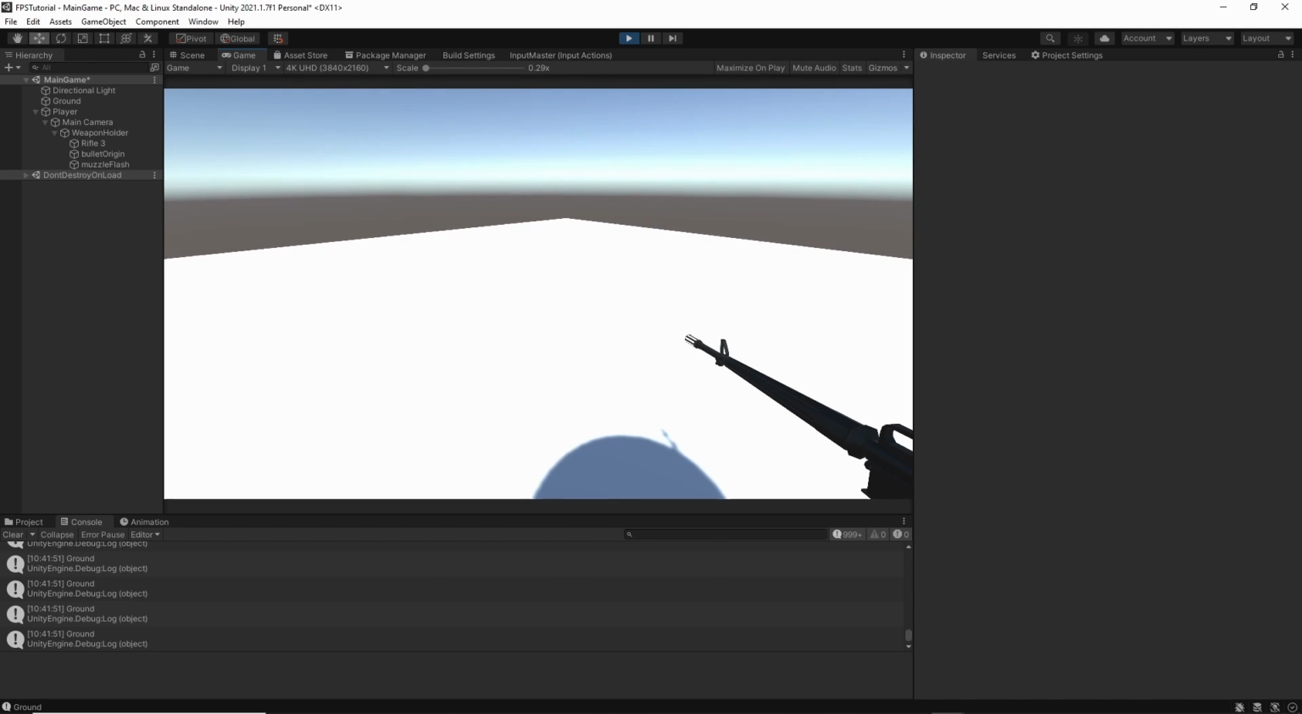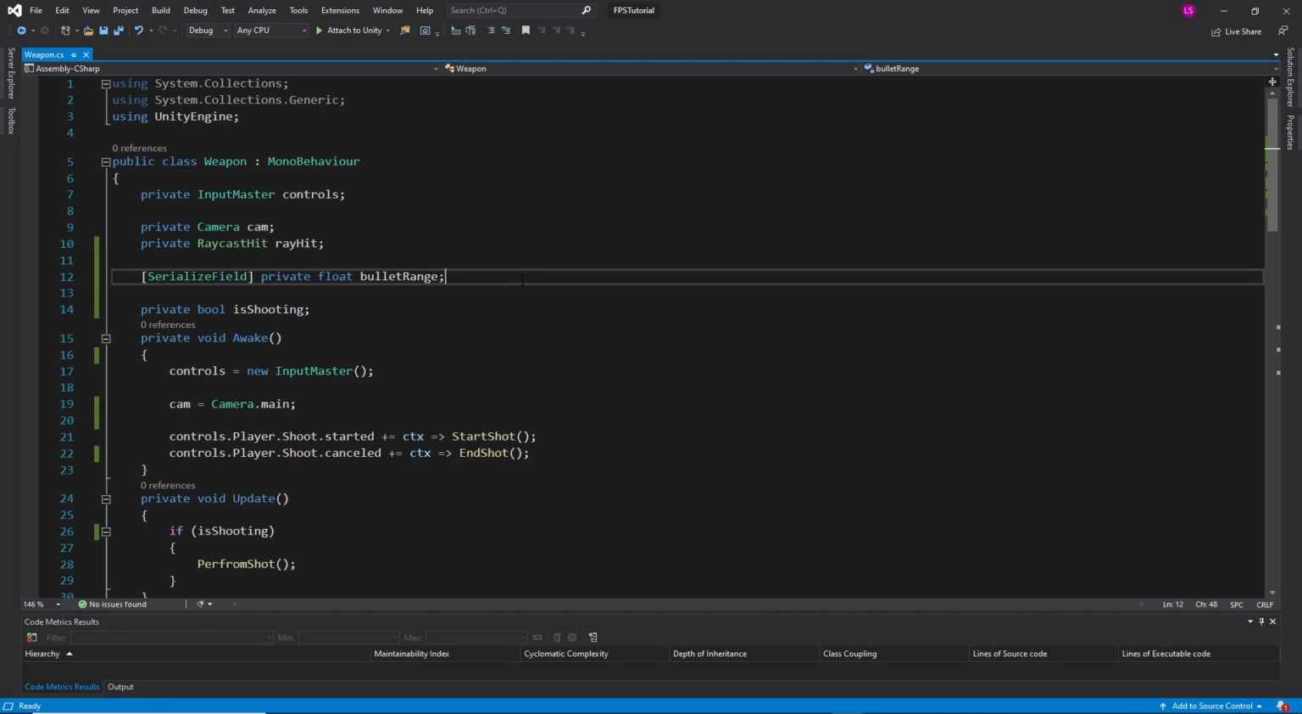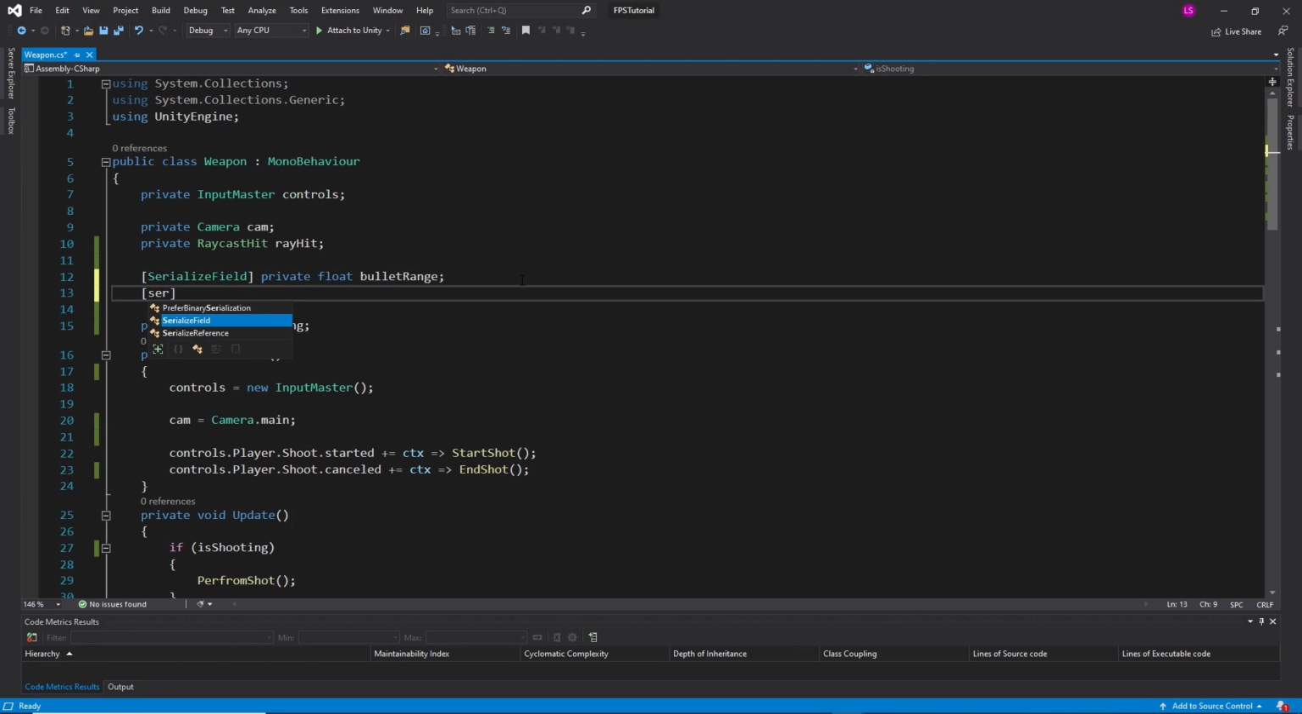So we need to limit our fire rate and be able to adjust that. So we're going to go back in the script and we're going to change that. Once you're back in your script, we want to create a couple extra variables. These variables would be a new serialized field, private float for our fire rate and our reload time,